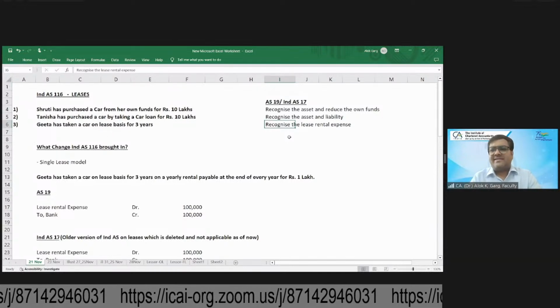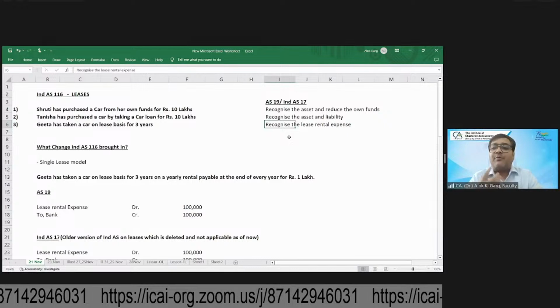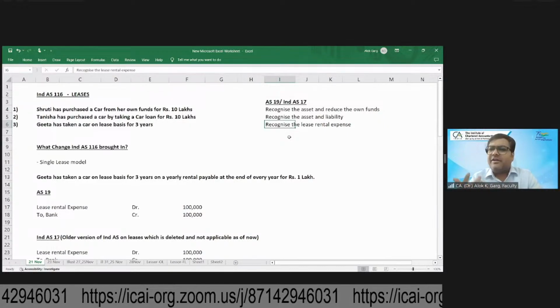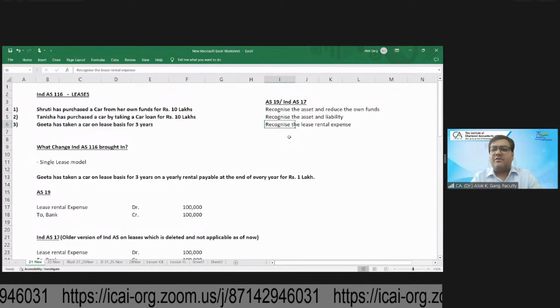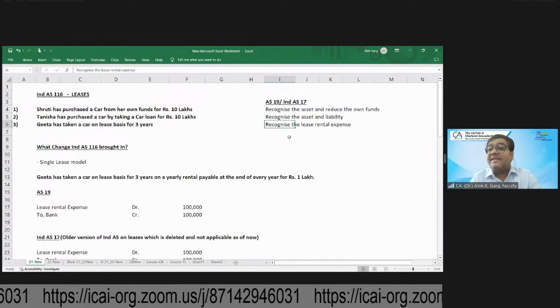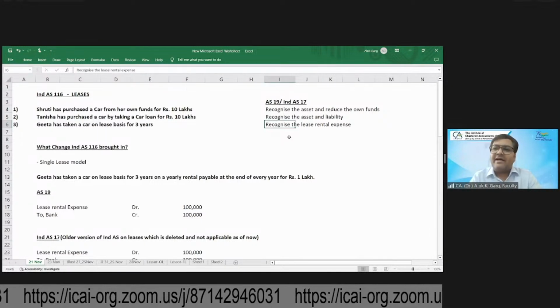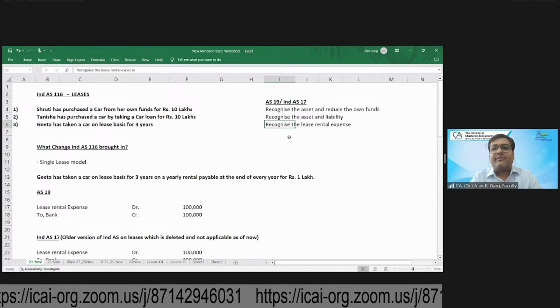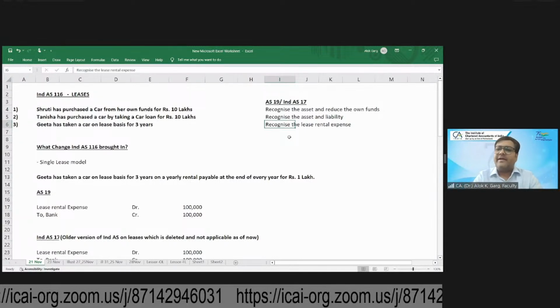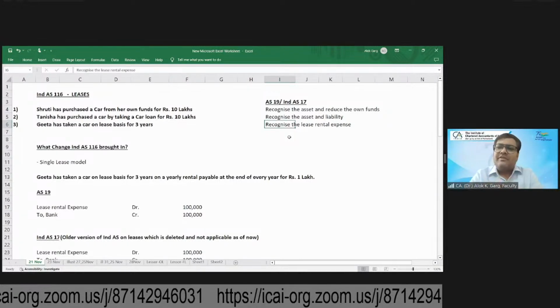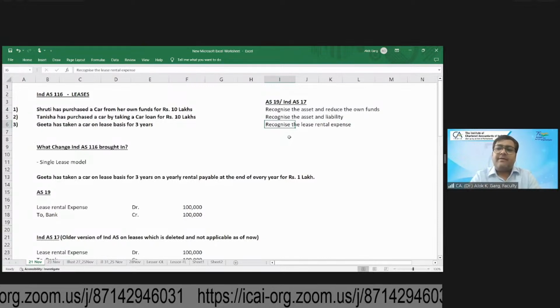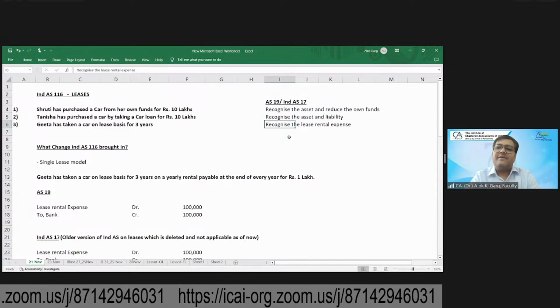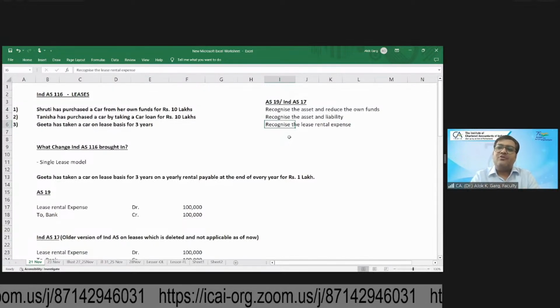And friends, in the US, lease is a prominent source of financing. Not only in the US, even in India, lease is another form of financing. If you can't buy the house, you can take the house on a lease basis. Instead of paying an EMI, you are paying a lease rental per month. So there was a thought: if somebody is getting an asset on a lease basis, he is getting a right to use of that asset,